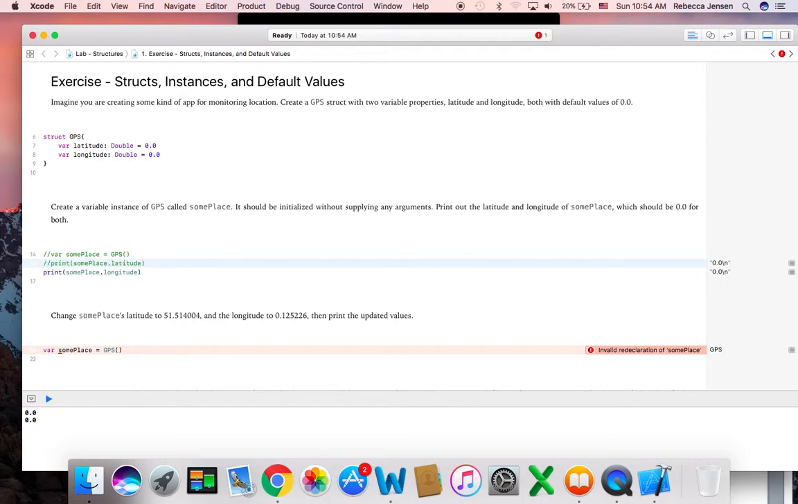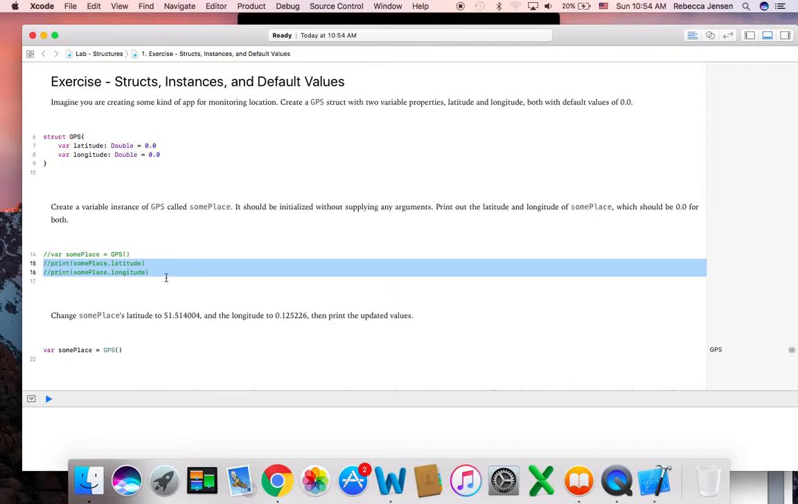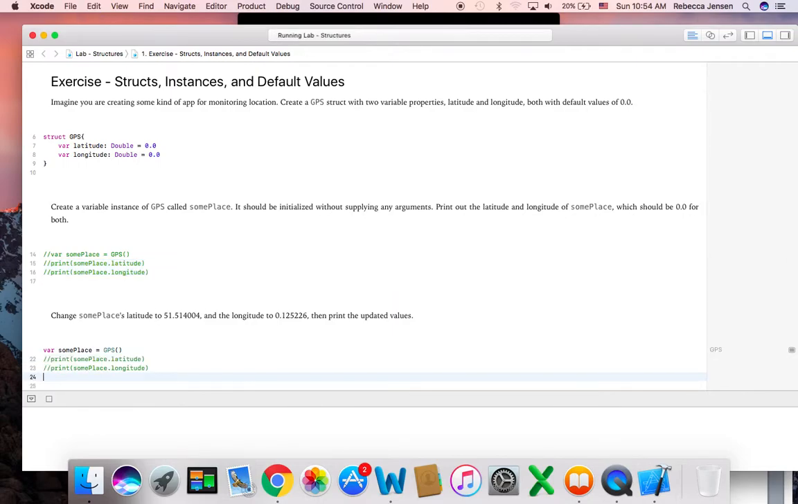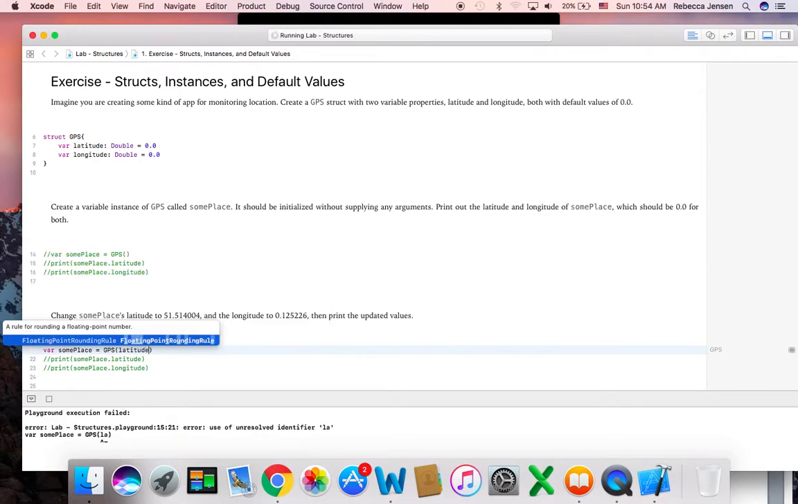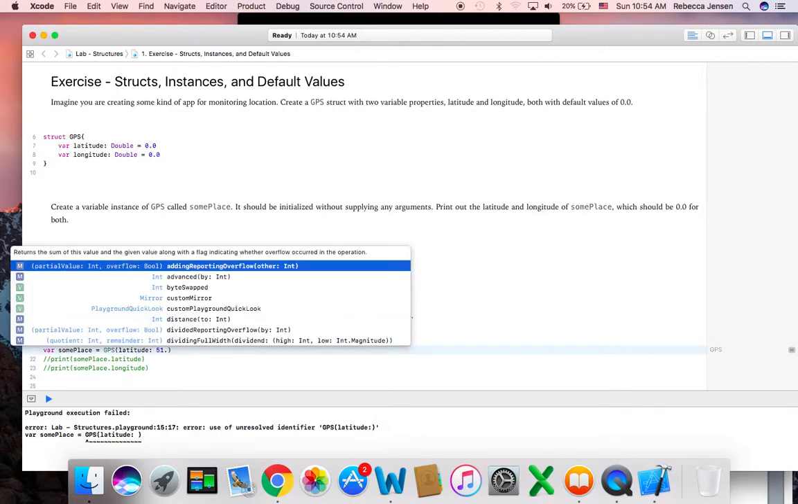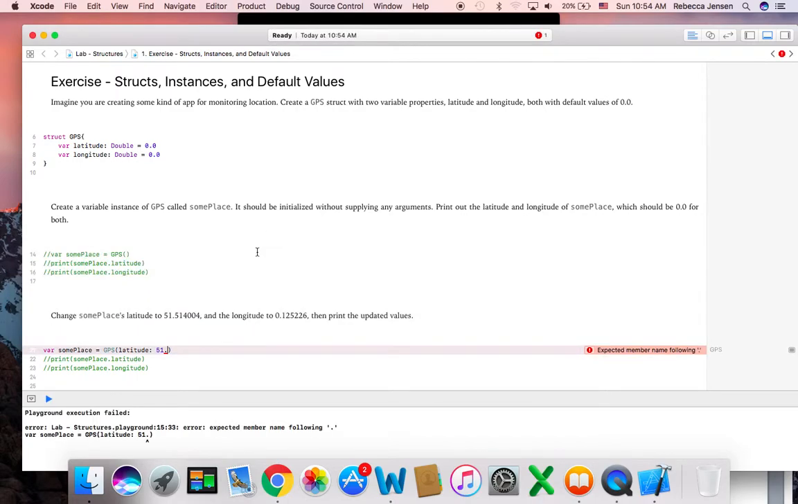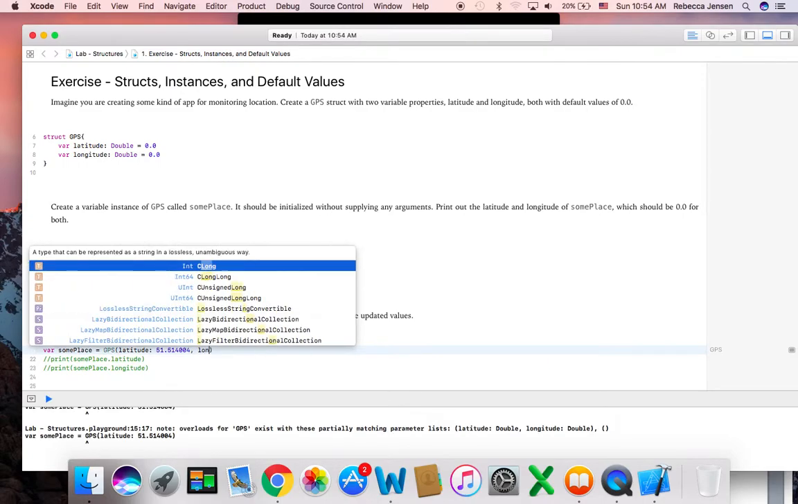I'm going to comment this out. And actually, I want to copy all this. Command copy, make my life easier because I'm not the best typist. Then in here, I'm actually going to change longitude and latitude. So I'm going to type in latitude, and I'm going to assign latitude a value of 51 point, what's it say? 514004, and comma, longitude